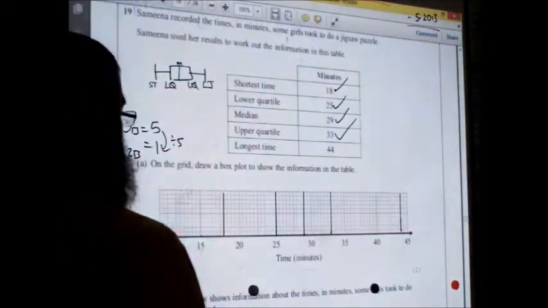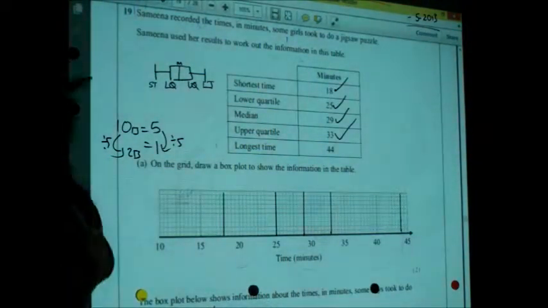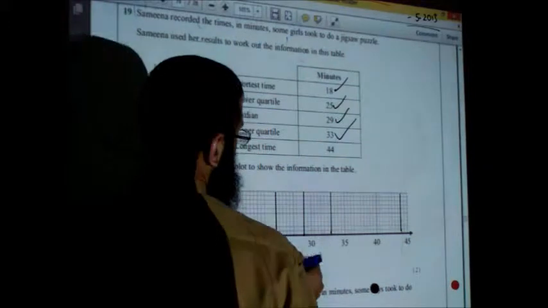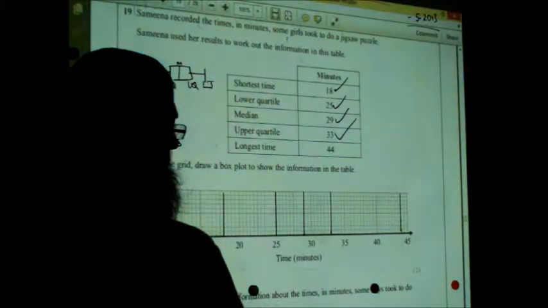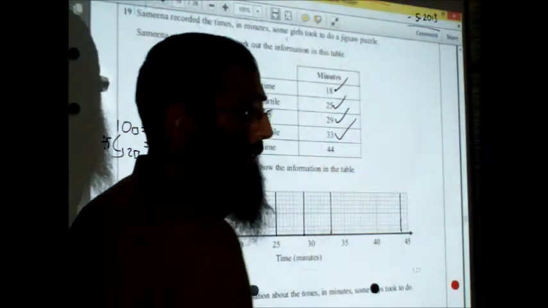Okay. Now, what we're going to do now, we're going to join them up to make the box. The box plot can be